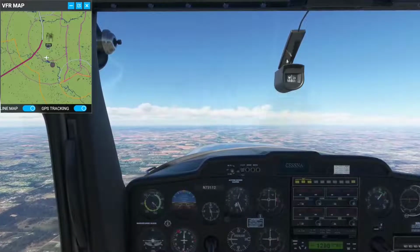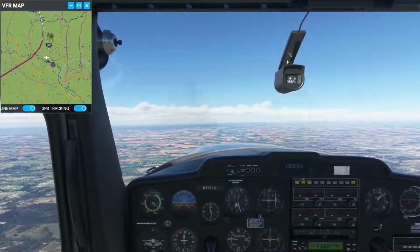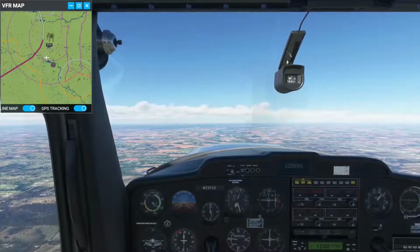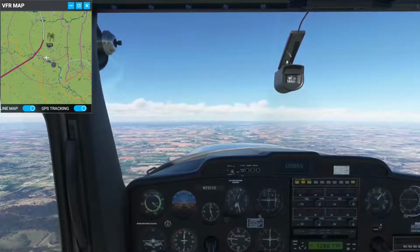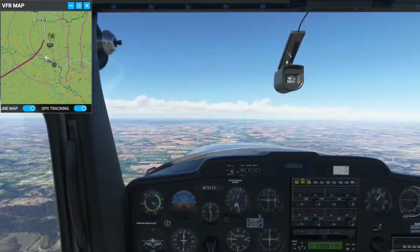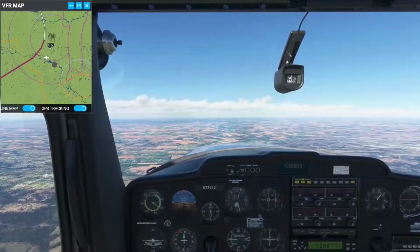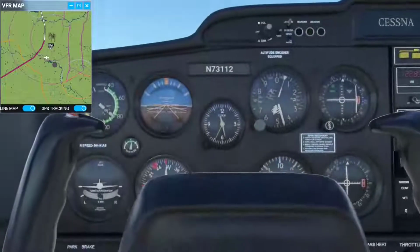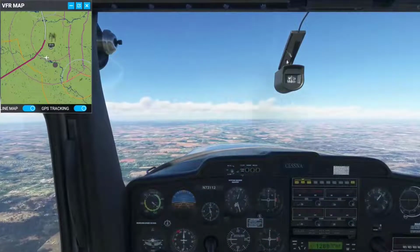And then, as we intercept the track here, you will see that needle start to move back over to the center, and once it does, we just fly the heading that we're tracking from the VOR. Now that we're heading from the VOR,